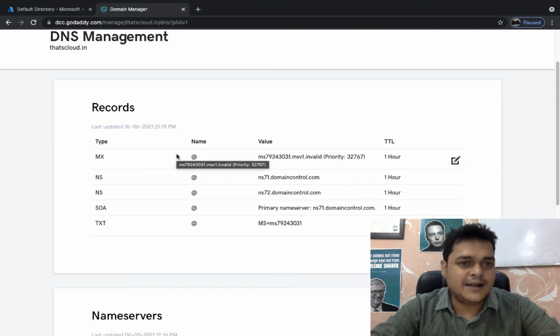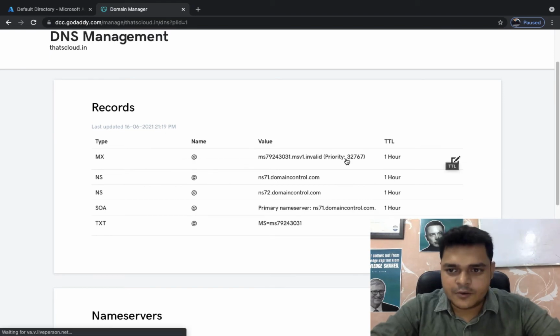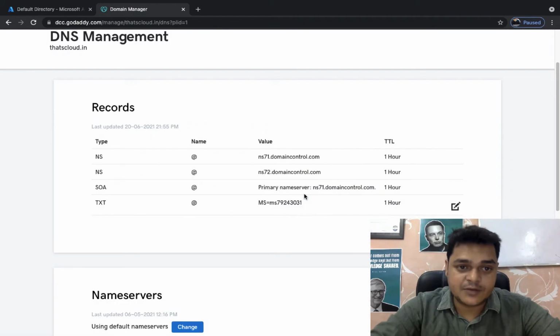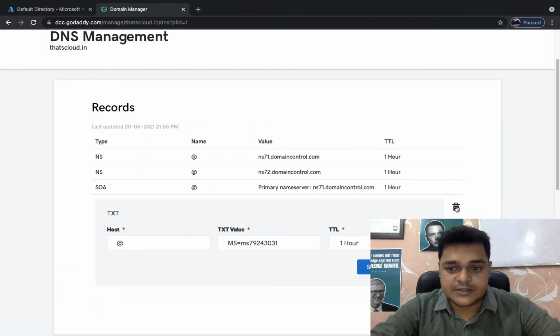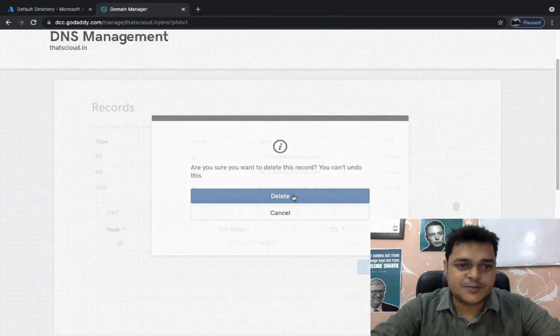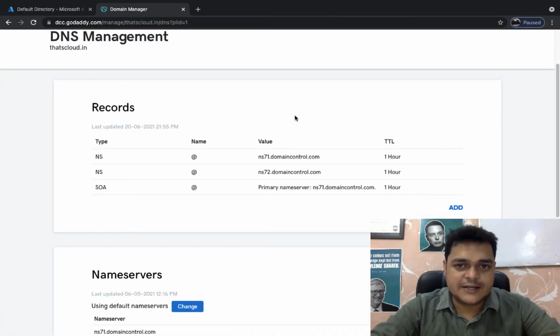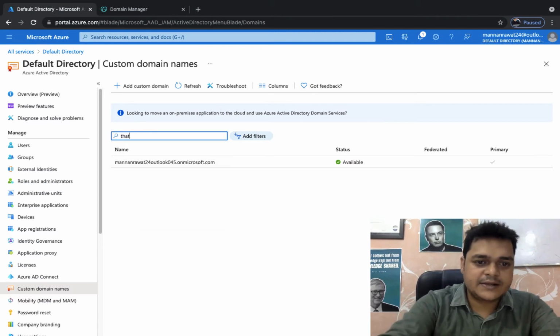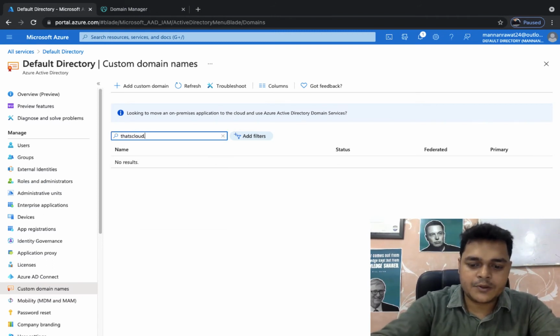These are all the records available on GoDaddy.com. I'm going to remove the existing records because we are planning to use this particular domain with our own Azure portal. So I'm going to delete the entire default record. Then type the name of your domain, taxcloud.in.